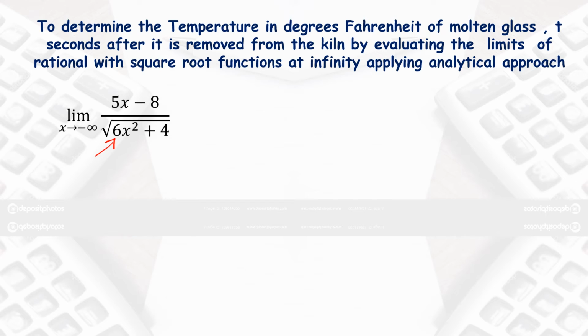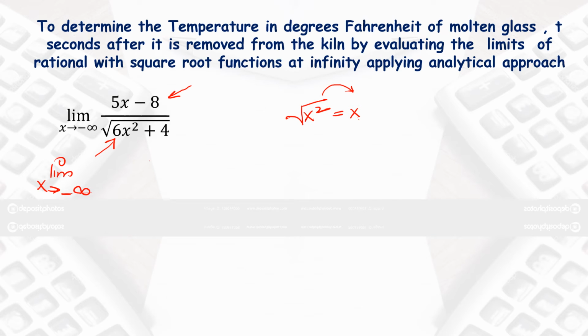So in this denominator, the highest power is square root of x square. I know that it is x square, but since it is written with the square root, we have to write it with square root x square. But if we write without the square root, it can be written as x. So when you are dividing a function without the square root, like in the numerator, you will divide with the x because it is equivalent to square root of x square. So let's see what we will do.